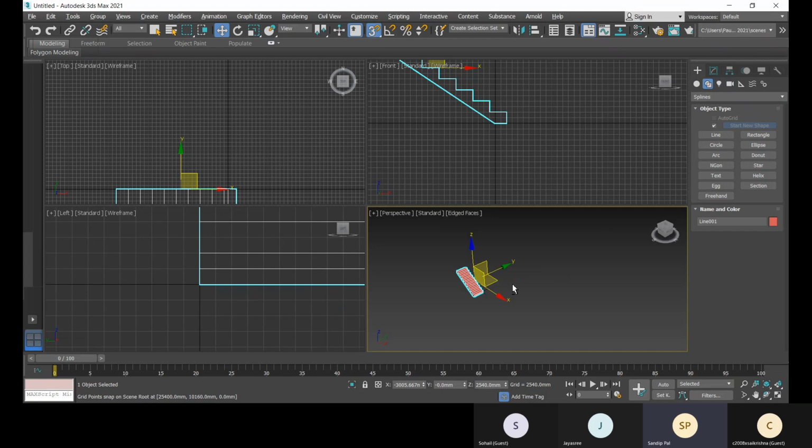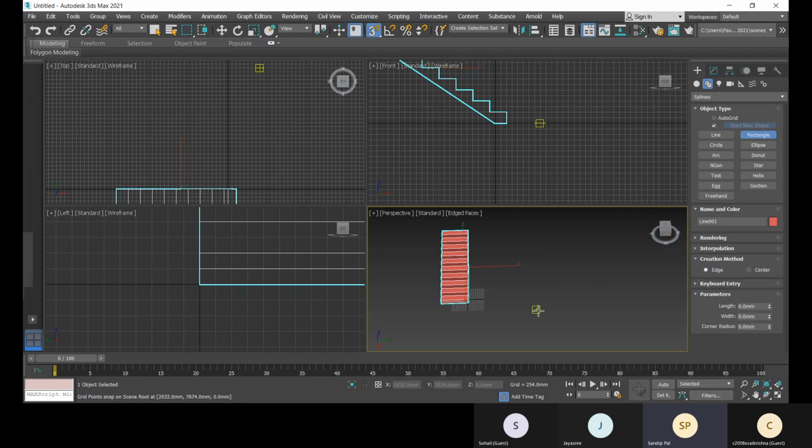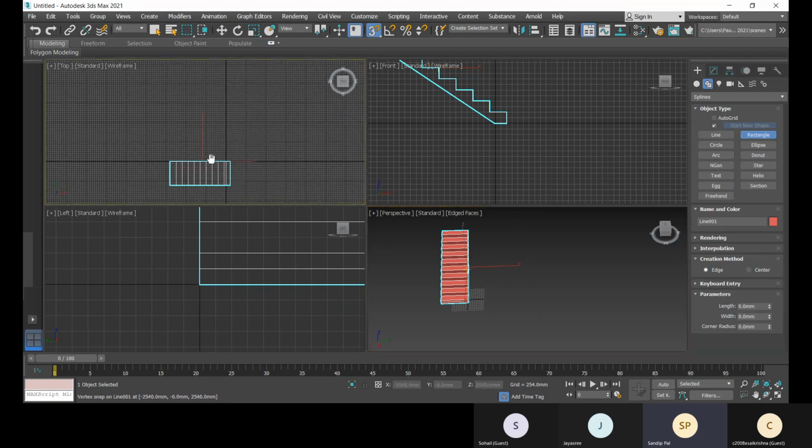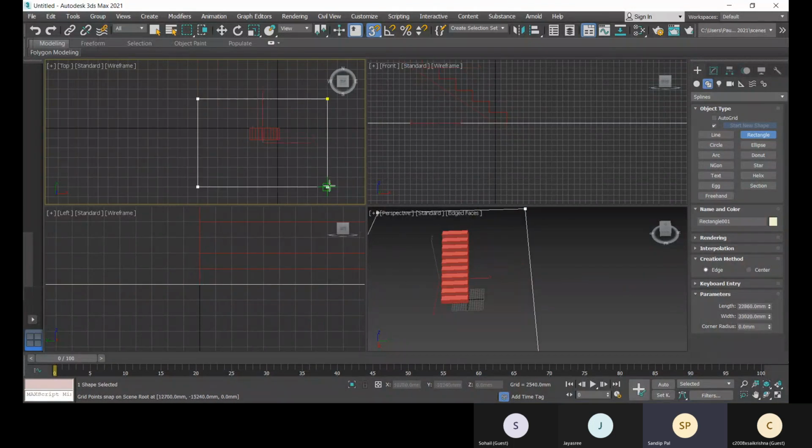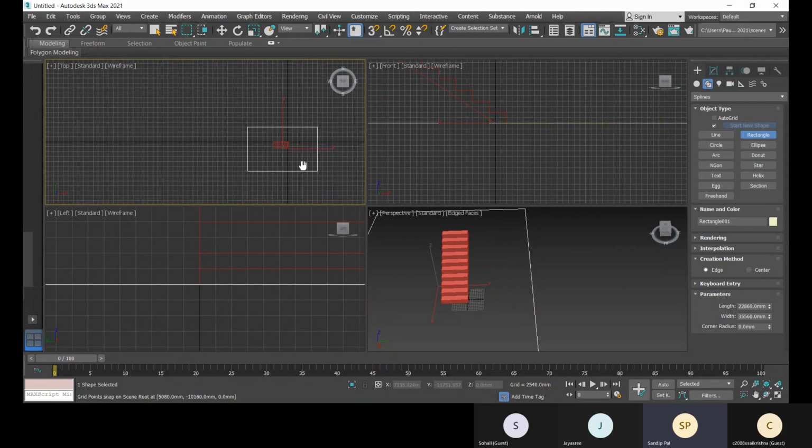Now you can have your walls also. You can create walls with this line. So let's create this rectangle at the top. We'll turn off this snap; S is the shortcut.